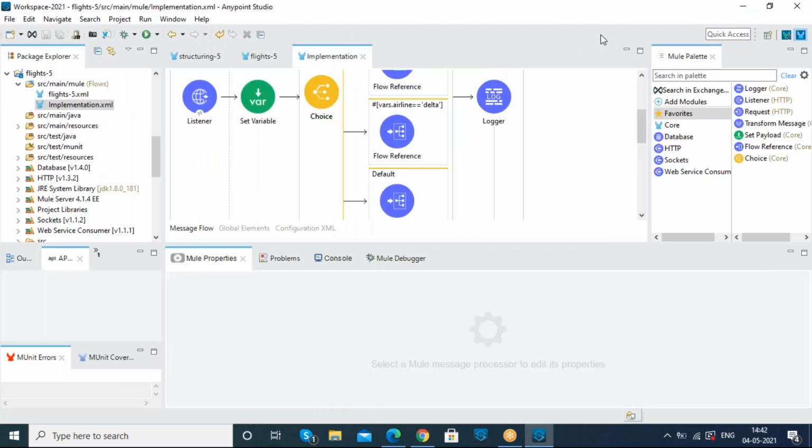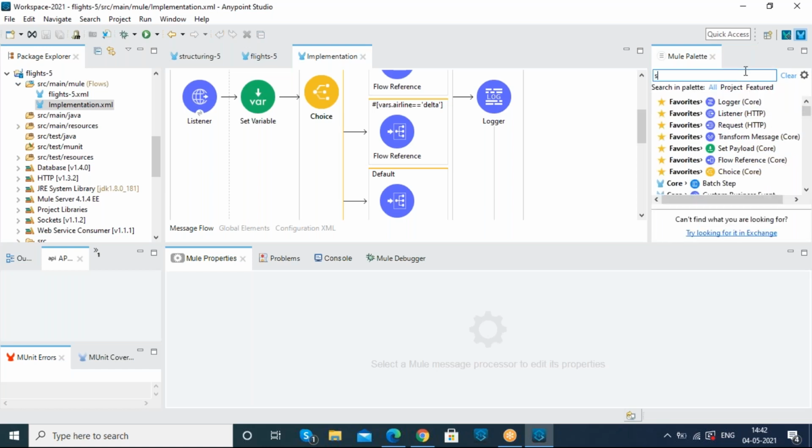So I want to create a set variable connector again.